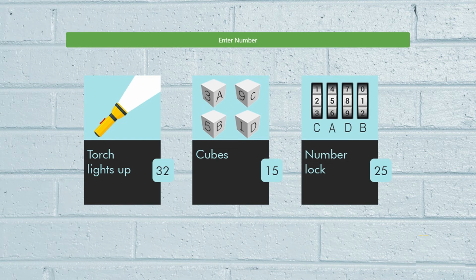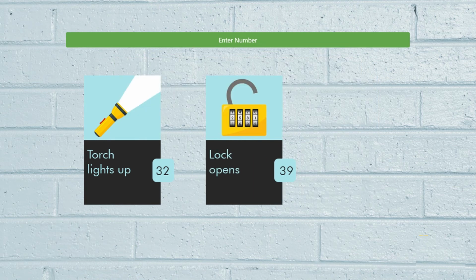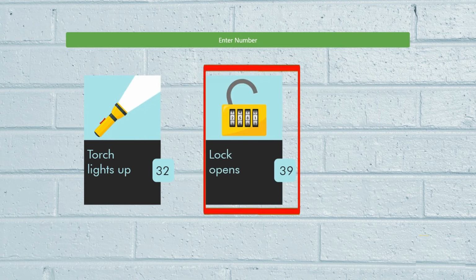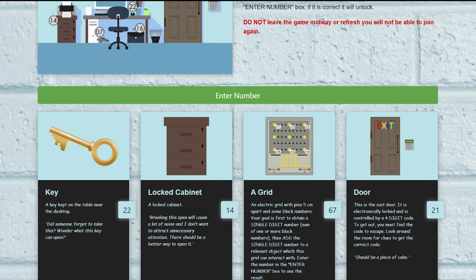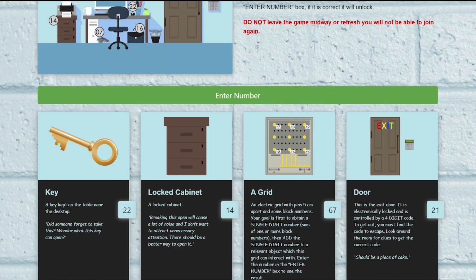Second action is, during the game you will come across a lot of electronic devices, objects, locked doors, etc. If the description of the object says you need to find a 4-digit code to unlock an object, and if you can figure the 4-digit code out, simply punch in the correct 4-digit code in the enter number box. If the code is correct, the object will automatically unlock itself. In the game, if you want to examine any picture closely, simply click on the picture and the picture will zoom in. Once you've examined, click anywhere outside the picture and the picture will zoom out itself.